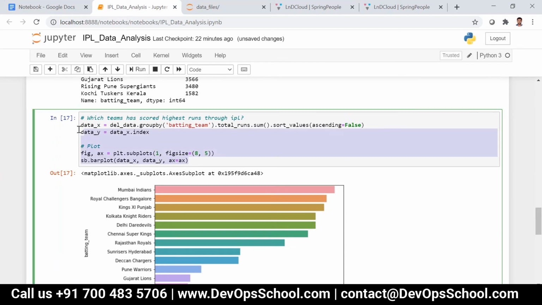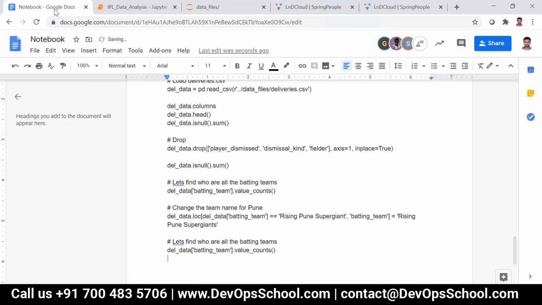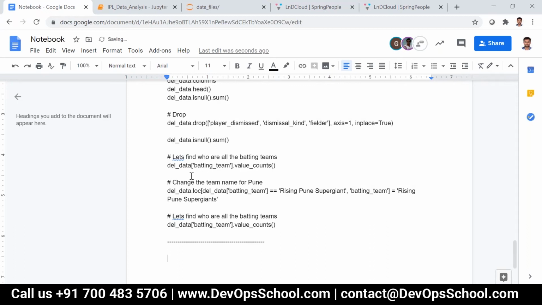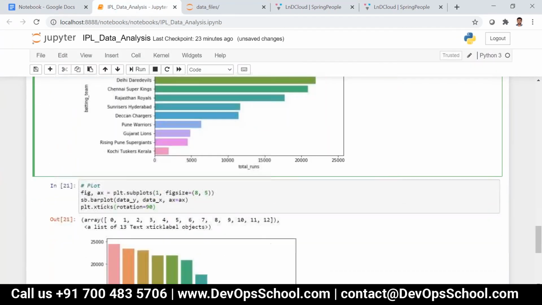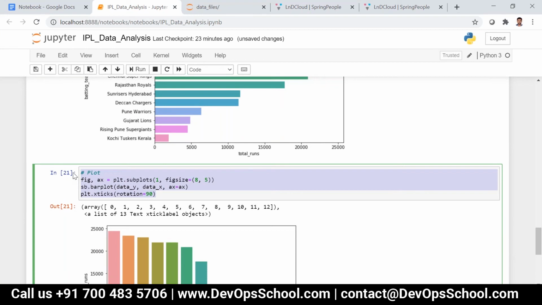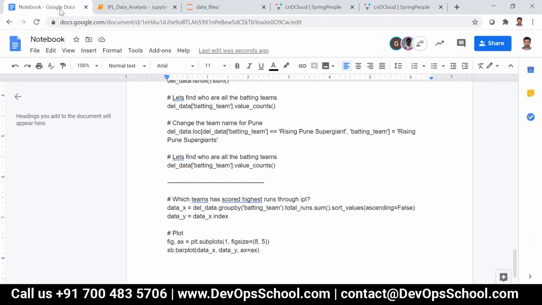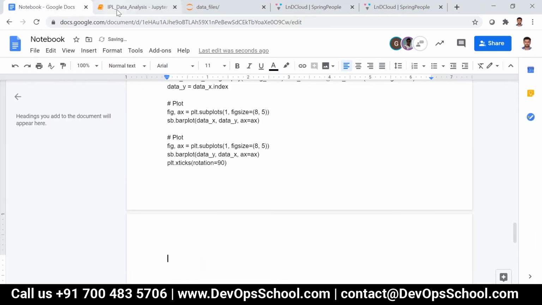Like this, you can find whatever you need from the data. If you want to find the player who has scored more runs in IPL, you can find that. Whatever you need to find from that particular CSV file, you can find it, no problem at all.